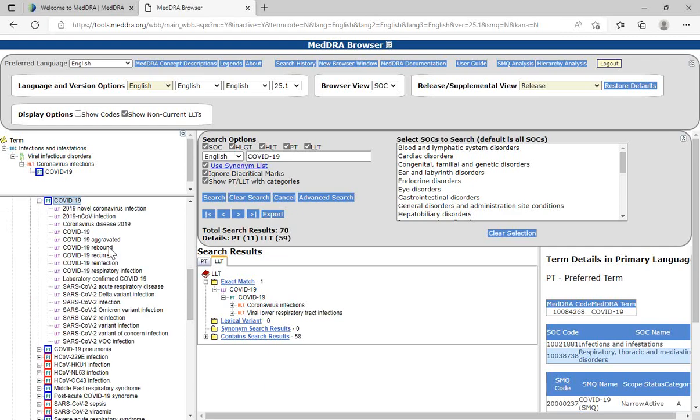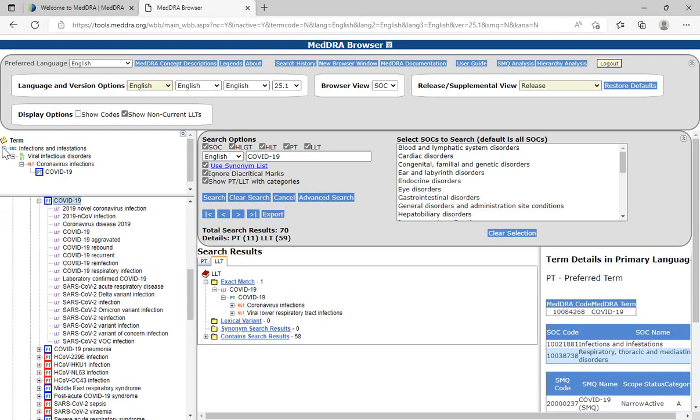Okay, so under COVID-19, which was our provisional diagnosis, I see a variety of LLTs. And then I see lots of LLTs that have to do with, one says laboratory confirmed COVID-19, right? But our COVID-19 is not laboratory confirmed. In fact, it's a provisional diagnosis, and the physician is ordering a test in order to confirm whether he has it or not. So he's still suspicious about it. So for those of you who chose COVID-19, that is incorrect.